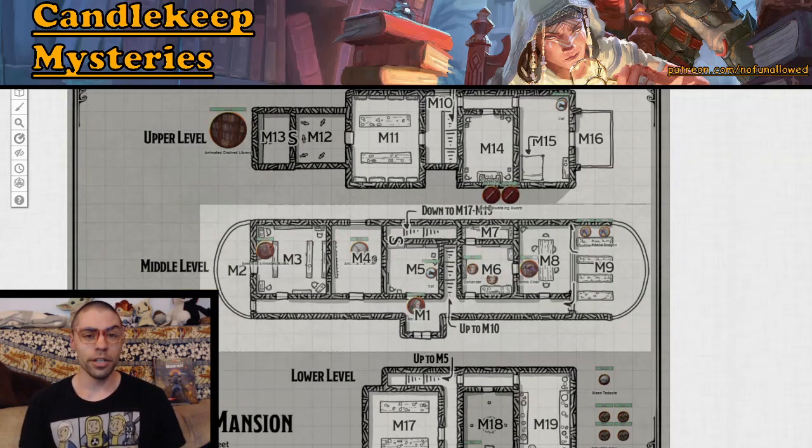Our first adventure here at level 1, Joy of Extra-Dimensional Spaces. Your players find themselves in a magnificent mansion, and unfortunately find they are stuck. They must search around this mansion in order to look for the clue to escape. Eventually they'll discover that hidden around this place are a bunch of books that each have a letter. Once you combine all of those books together, they reveal a key phrase that you must speak aloud to escape. There are a lot of twists and turns in this magnificent mansion, and of course, as we can see, there's a mimic. So, hopefully your players can get out of here alive.